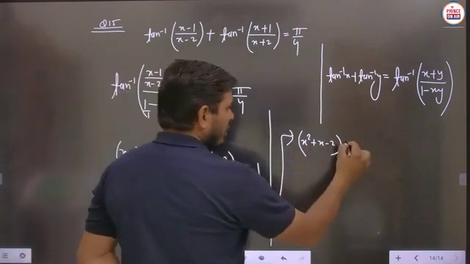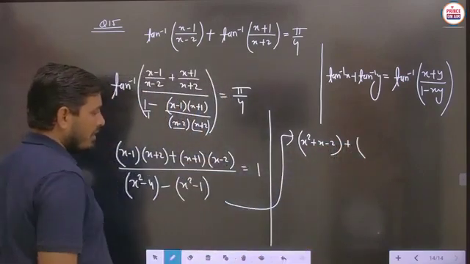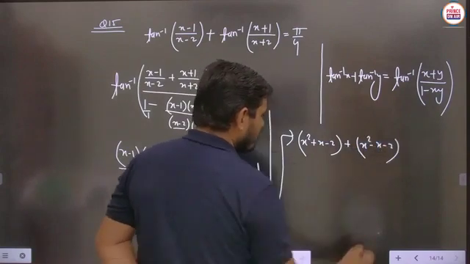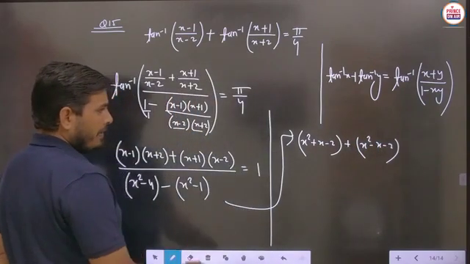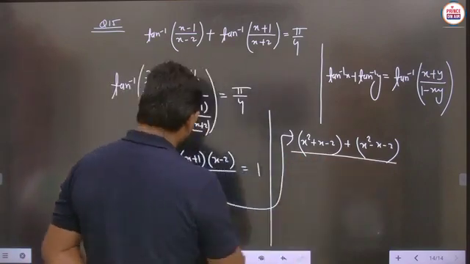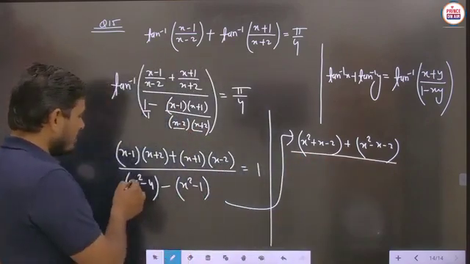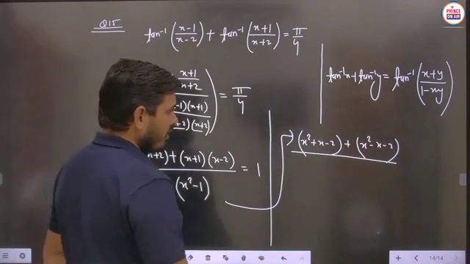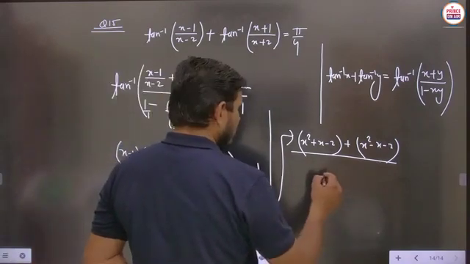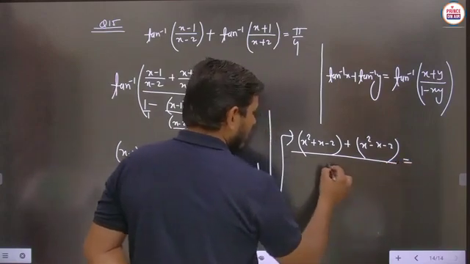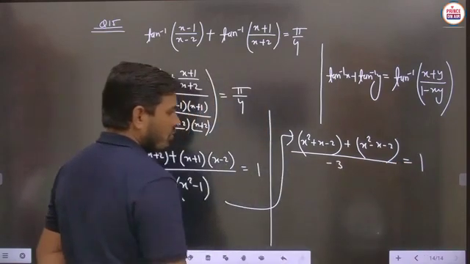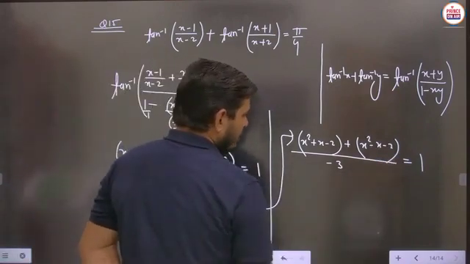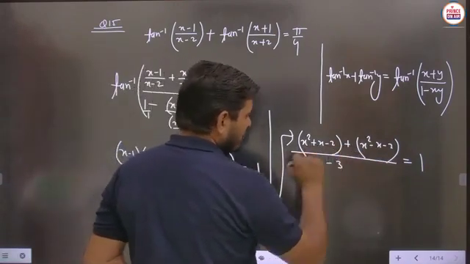Similarly, in the next part you will do the multiplication, then x square minus x minus 2. Is it clear? Upon this part simplified, you can say that x square gets cancelled out, minus 4 and this is plus 1. So finally we will say that here minus 3 is there, and minus 3 you can write here and here 1. So cross multiply, then this minus 3 is written in the right hand side, and here this plus x and minus x will get cancelled out.